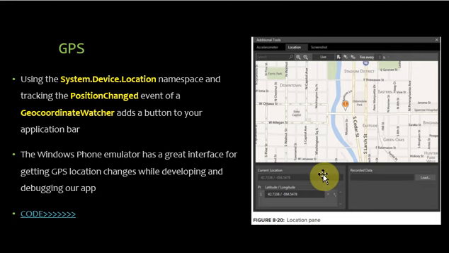The Windows Phone emulator has a great interface for using this GPS location. You can also perform this GPS location tracking while you are developing as well as debugging your app.